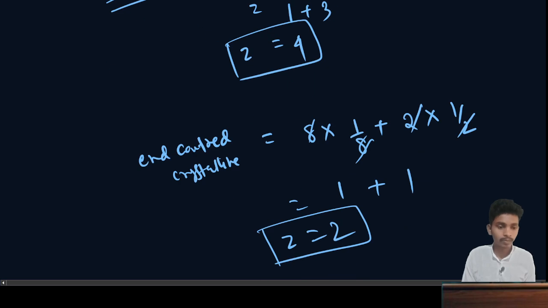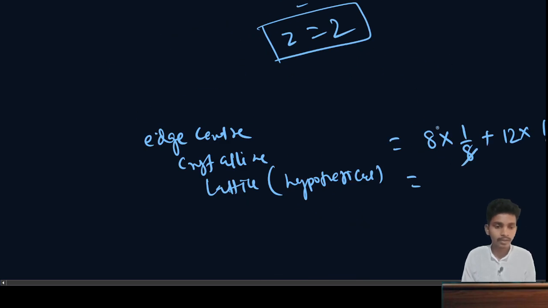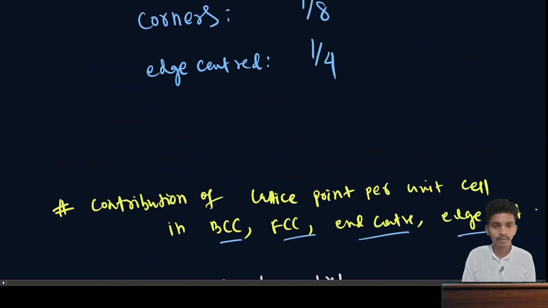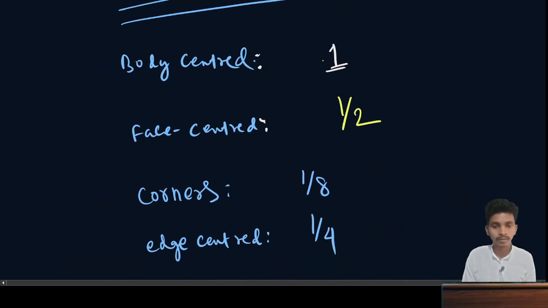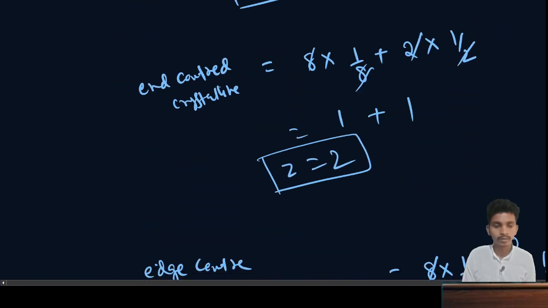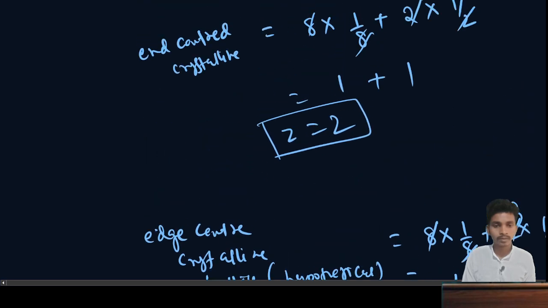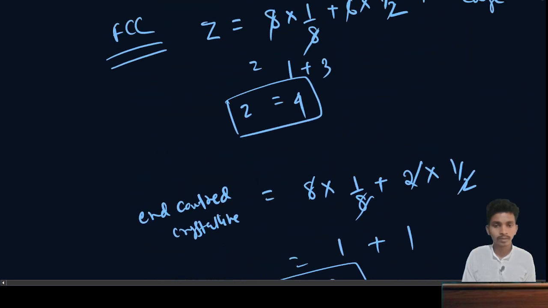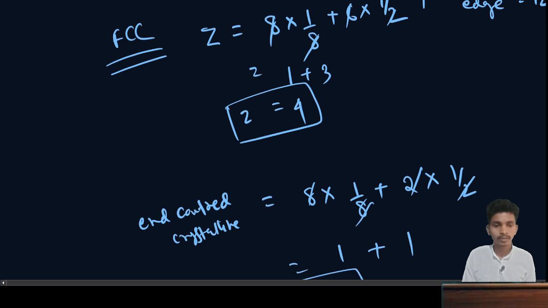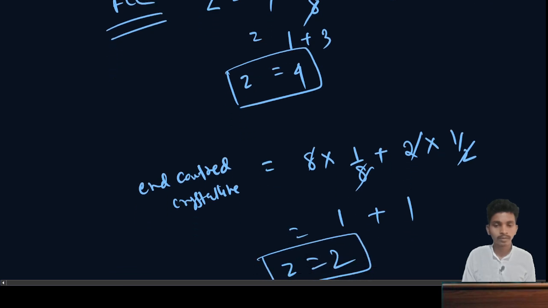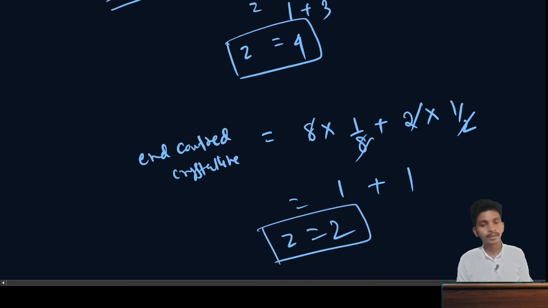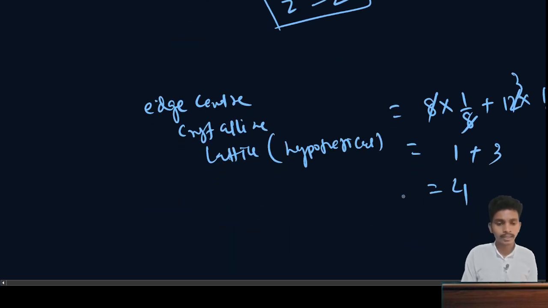So this is 1 and this is going to be 3, so this again gives 4. Okay, so this is how to calculate the Z value, that is the contribution of lattice points for unit cells